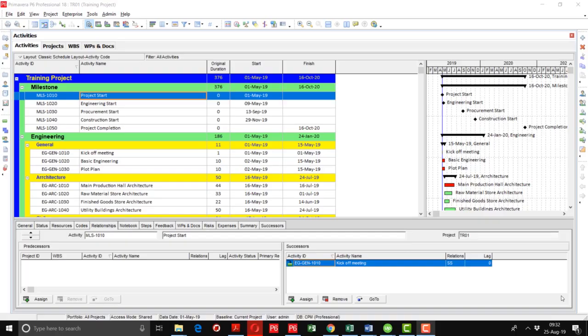Now we will study how the constraints will be applied to the activities. Constraints are the limitations that are applied to the activities. Sometimes some items are not in the control of the project personnel, so they have to apply some constraint and mention that constraint. For example,